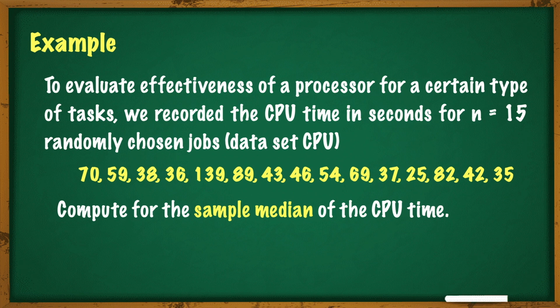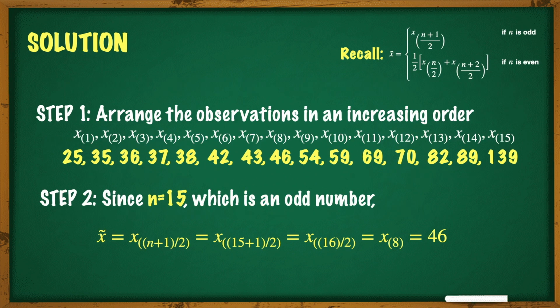To apply the median, we use the data set used previously, which is the CPU time in seconds for 15 randomly chosen jobs. Given the following observations, we compute for the sample median of the CPU time. To solve for the median CPU time, the first step is to arrange the observations in a decreasing or increasing order of magnitude. In this case, we arrange it in increasing order, and the arranged data are as follows, where x sub 1 is 25, x sub 2 is 35, until x sub 15, which denotes the last observation,